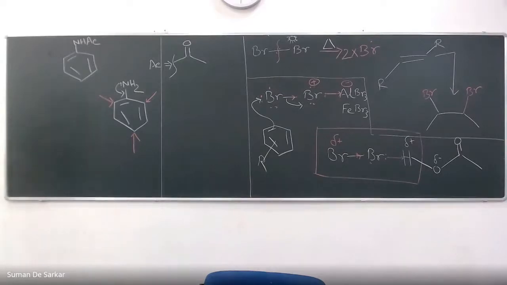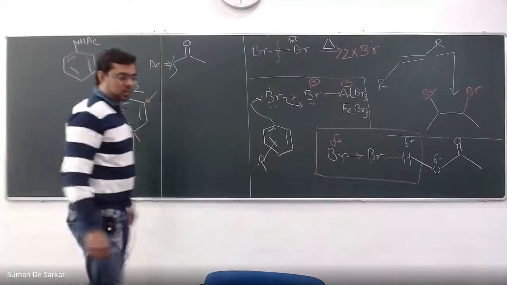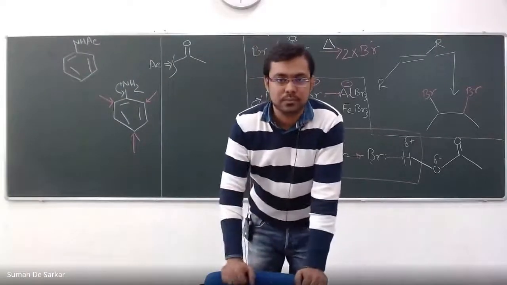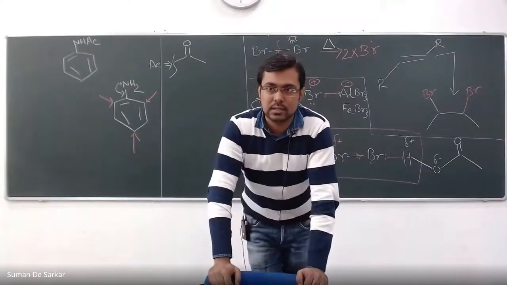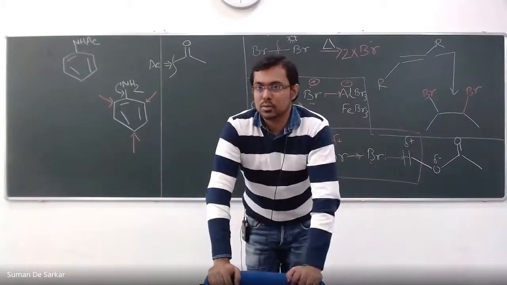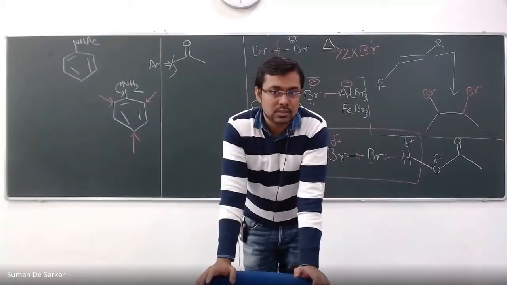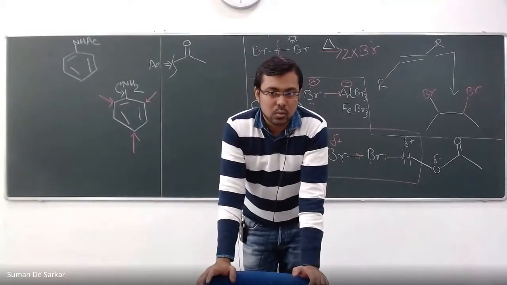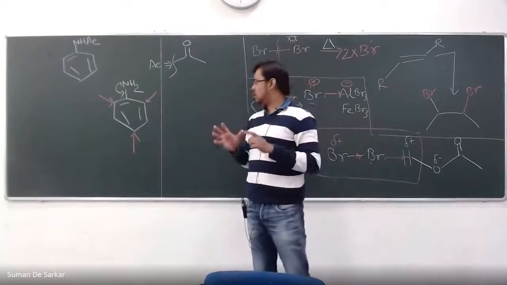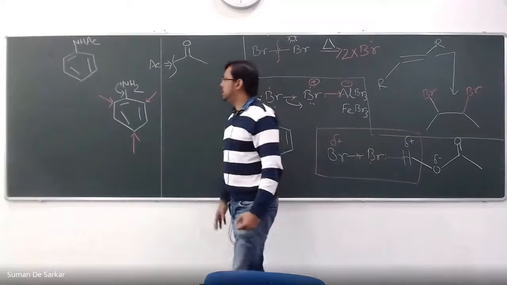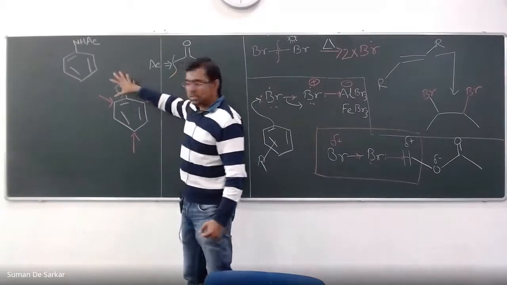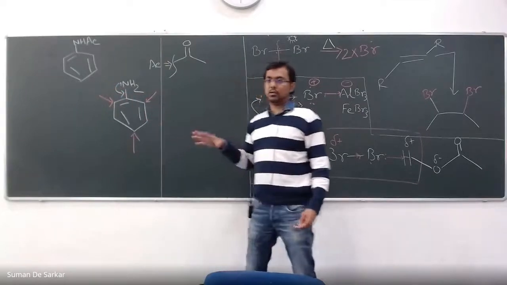But in this reaction, the mandate is not to do that. You also should control the selectivity. The product structure you have already seen: we want the bromine only at the para position. So you don't want it in the ortho positions. That's why we need to control the reactivity of the aniline also. So how to control the reactivity? There are two ways. We can minimize this electron donation. How can we do that?